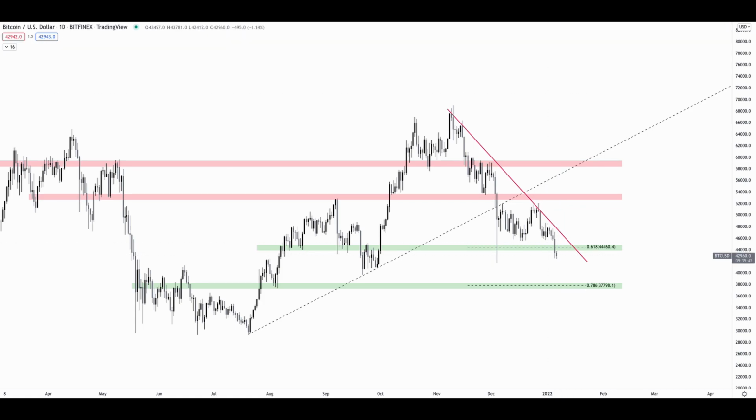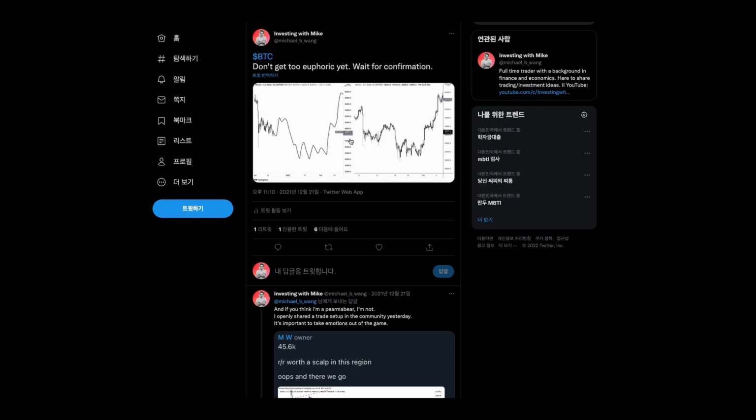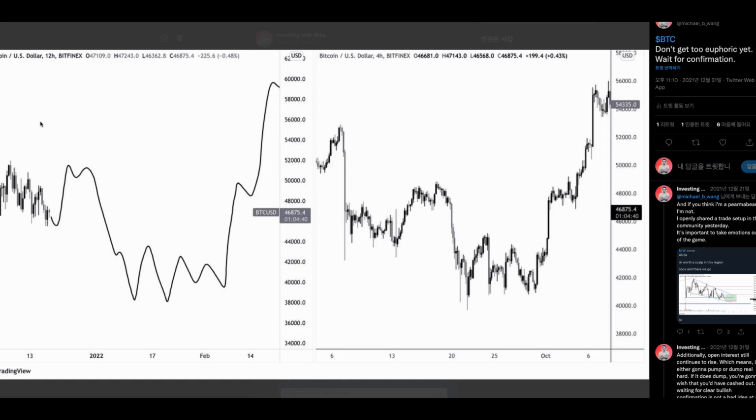Now, there is a fractal perspective that I uploaded on the 21st of December last year, and this is exactly it, right? So this is Bitcoin's chart. You guys can't see the part that's cut out over here this way, but we have Bitcoin's chart over here, and this is Bitcoin's chart on the 4-hour, and we can see that the pattern is roughly the same.